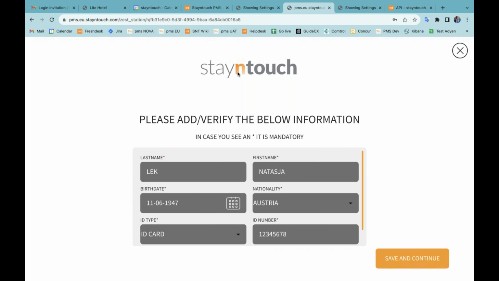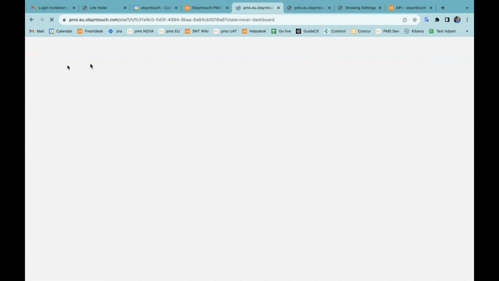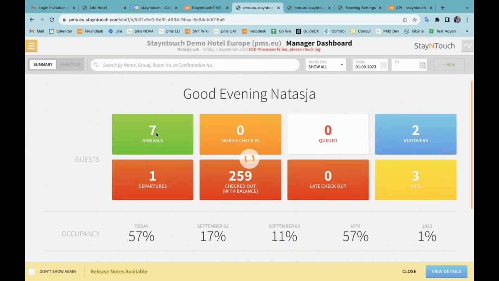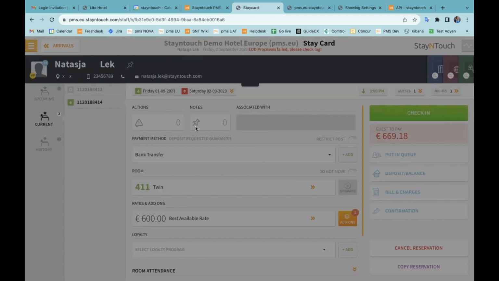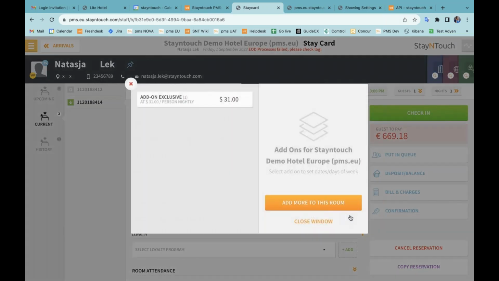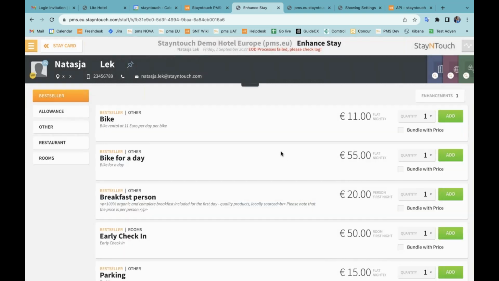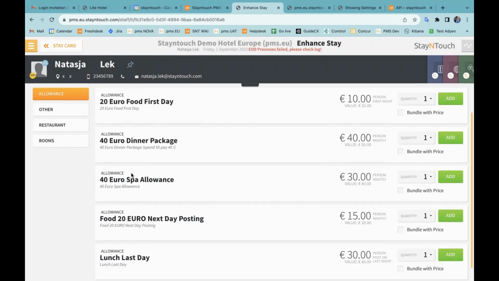The next topic is relating to allowances. When an allowance add-on is part of a reservation, the count now displays correctly on the stay card as well as on the guest bill. So if I go to one of my reservations, let me take this one, and we add an allowance add-on on here. I have that already set up in this property. So we have our allowance tab already. I can say, okay, €40 spa allowance. If I now add this,